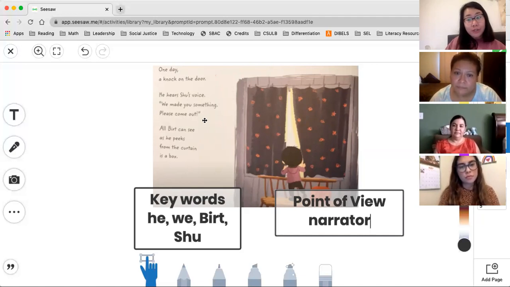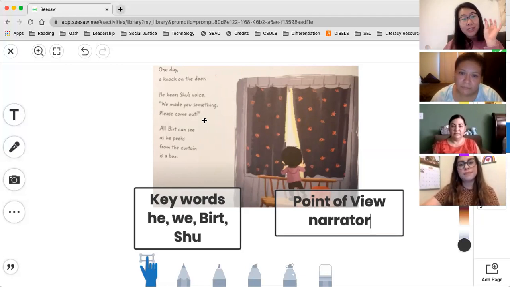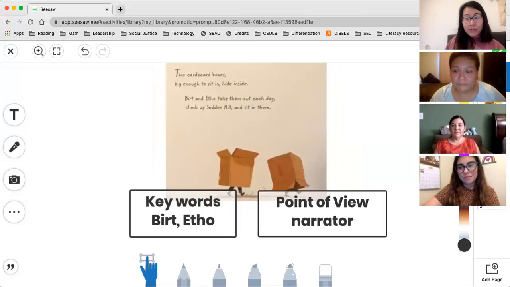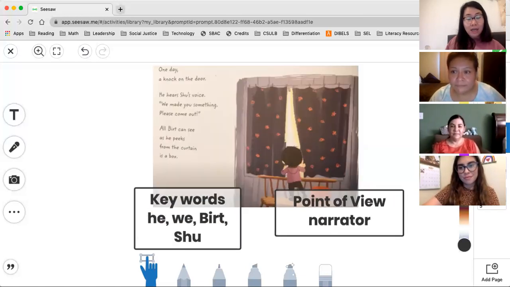So be careful, boys and girls, when you're reading the story. Just because you see the quotation marks doesn't mean that's the person who's telling the story. That's just who's talking in the story. And there's a difference between who's talking in the story and who's telling the story. I know that's kind of tricky for our first grade brains. And it's okay if we make some mistakes, as long as you can explain where you got your thinking from, we can kind of walk you through this thought process, okay? Awesome job. So great job, it is the narrator. So if you see a pattern in this whole story of Big Friends, it's just the narrator telling the story, okay?